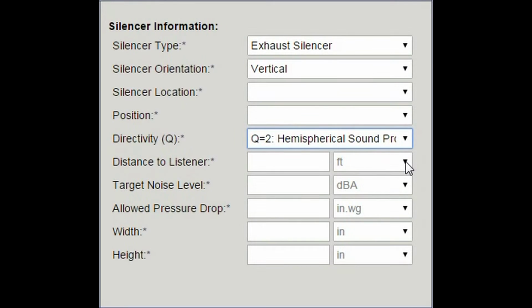Distance to the listener. This is the distance between the noise source and the observer. We will use this to calculate how much reduction you will get. Target noise level is the noise level required at the location of the observer. Allowed pressure drop is how much pressure loss we're allowed to use up for removing the noise. Width and height or diameter define the inside dimensions of the connecting flange, where the silencer will be bolted to